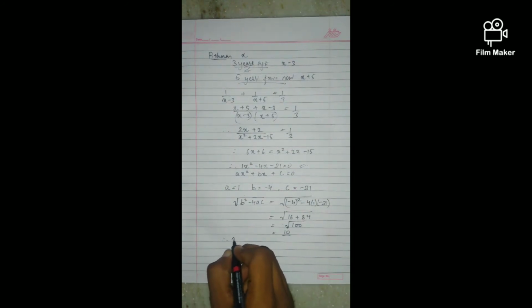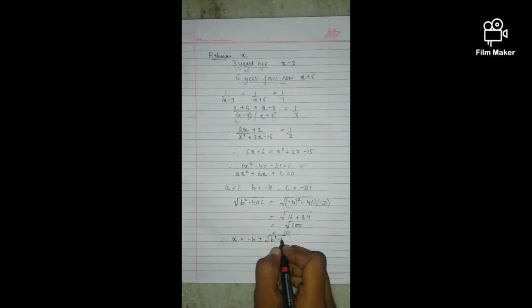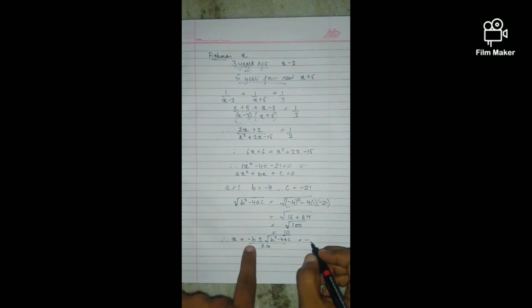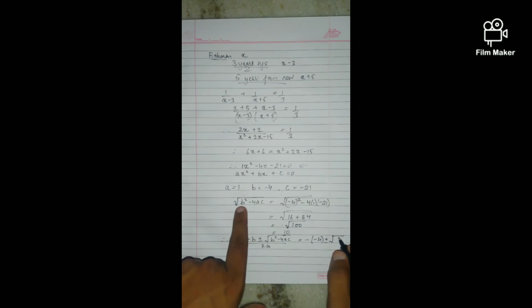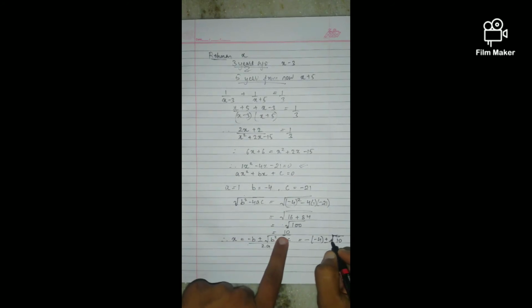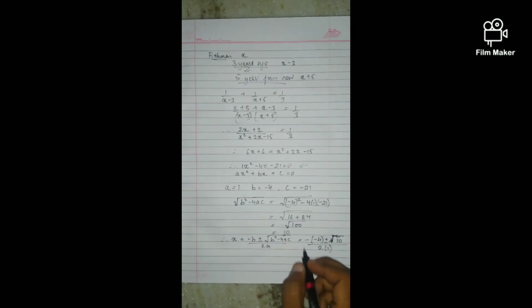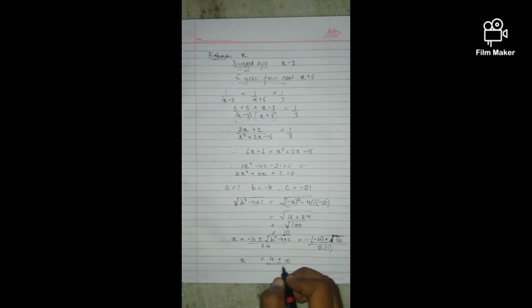Okay, now we'll find x equals minus b plus minus under root of b square minus 4ac upon 2a, which equals minus b. See, minus is in the formula, and we have to multiply this by b, and b's value is minus 4, plus minus under root of b square minus 4ac, whose value was 10. Okay, no under root here, upon 2 into a, 2 into 1. Okay, when we solve this, we'll get x equals minus into minus is plus, so 4 plus minus 10 upon 2.